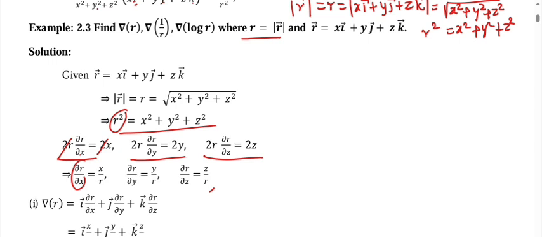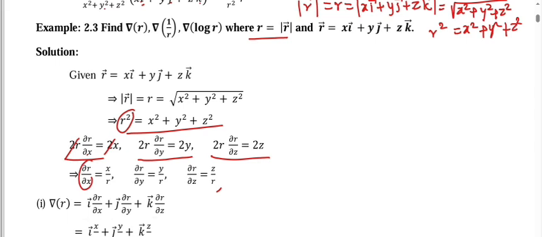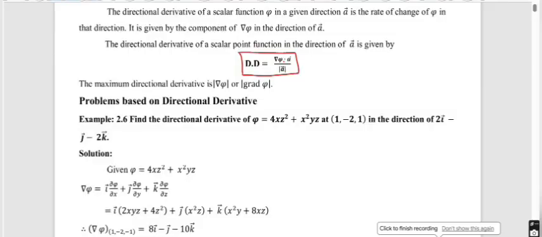Then we know del of r equals i vector into dou r by dou x, since del equals i vector into dou by dou x plus j vector into dou by dou y plus k vector into dou by dou z. So del of r equals i vector into dou r by dou x plus j vector into dou r by dou y plus k vector into